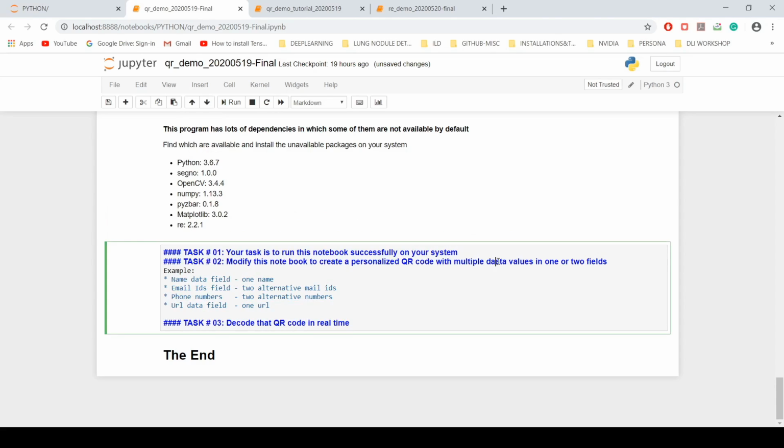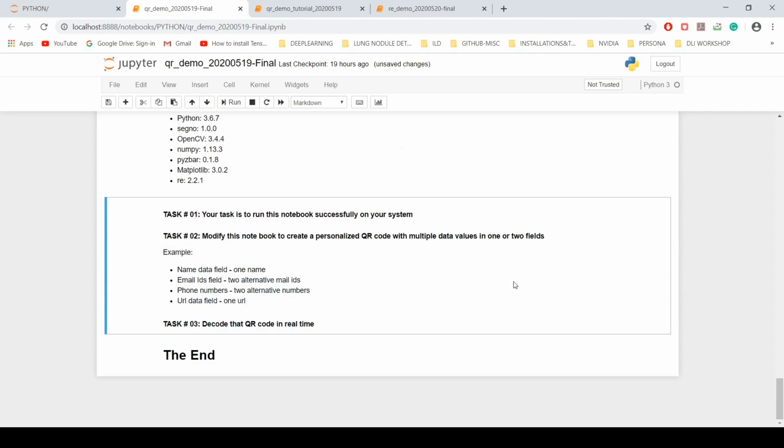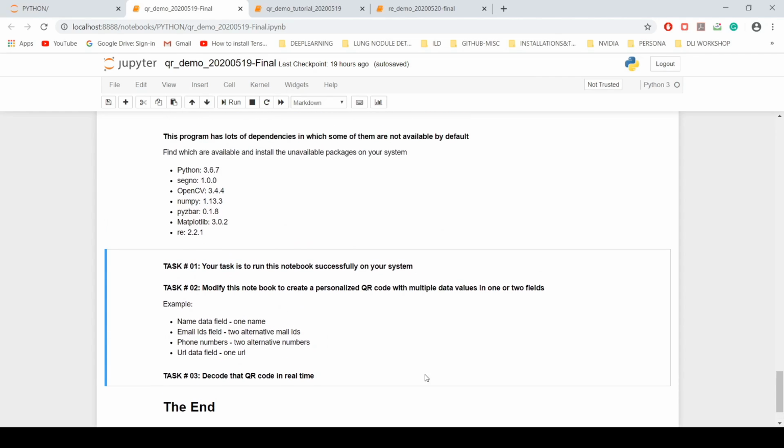Multiple data values in the sense, name may have only one name, but email IDs and phone numbers can have alternative ones, like two mail IDs, two phone numbers. So learn how to create a QR code with multiple data values for any field. And then task 3 is to decode such a QR code in real time. Okay, that completes your project assignment. That's all.